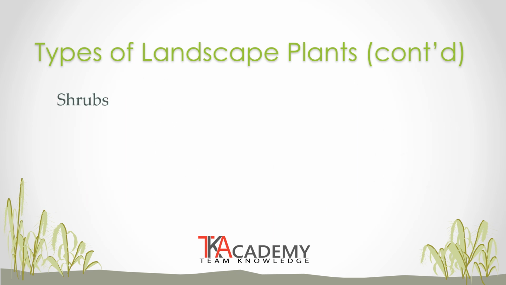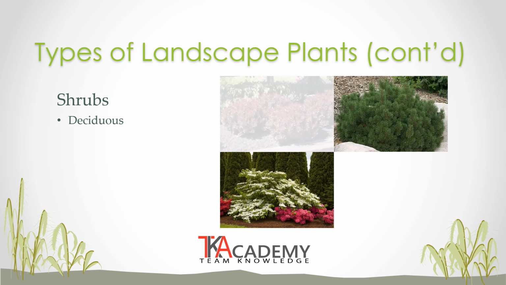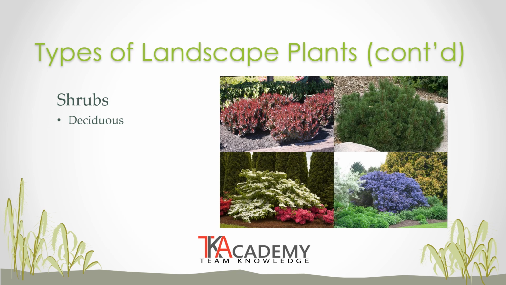Shrubs are grouped as either being deciduous, which means that the plant will drop its leaves at the end of the season and will grow new ones, or as evergreen. Most people think of evergreens as plants with needles instead of leaves, but there are broadleaf shrubs that will keep their color all year round, such as boxwood and holly. Shrub sizes can range from being a ground cover plant all the way up to being a small tree, which is why shrubs are also grouped into a range of sizes.